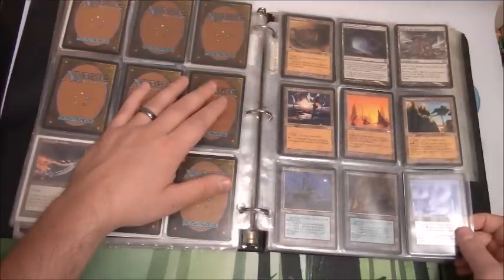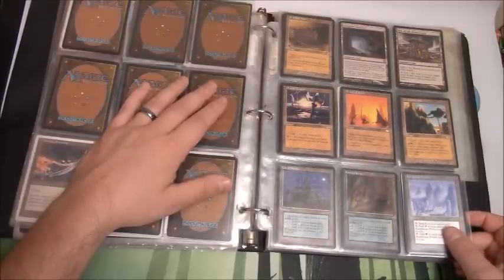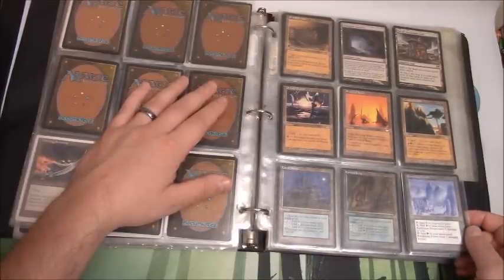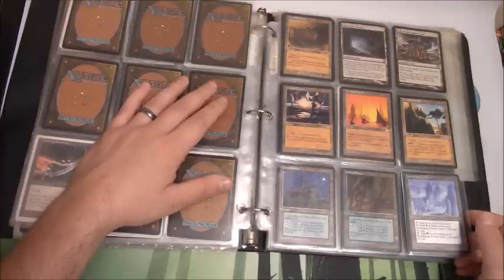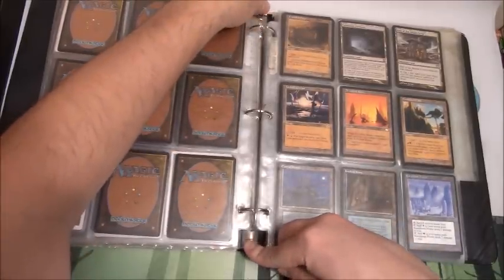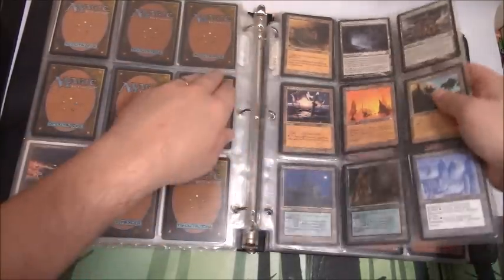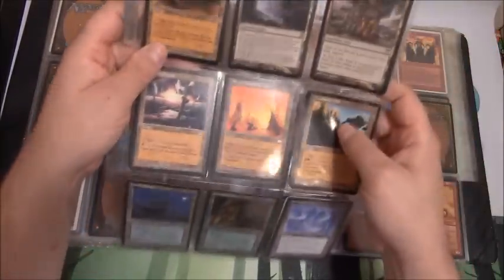$25 in this page alone. So I saw this page and I was like, if I offer 20 bucks, guaranteed I'm gonna make a profit. Guaranteed. So I was like, alright, I'll give you $20, and right away he's like, okay. So probably should have offered a little less, and maybe we could have haggled a little bit, but if I take this out,